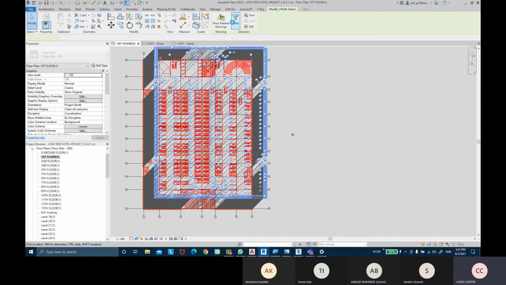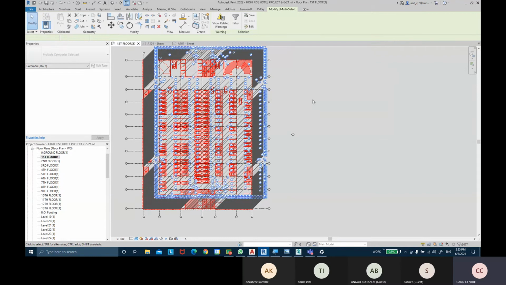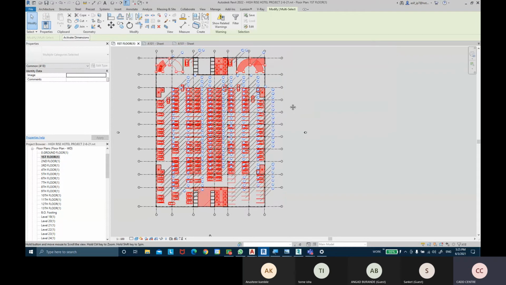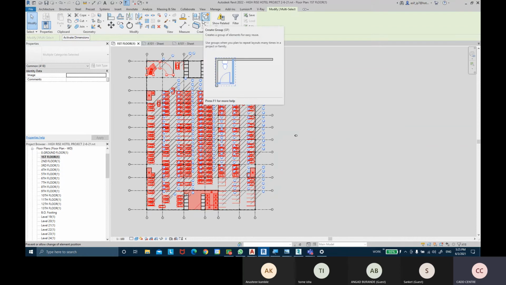Just come into temporary filters and uncheck the curtain walls, curtain wall grids and panels, floor markings, rules and structural columns. Don't want it, and maybe we want the walls as well. And let's take this many elements. Okay. And I want to apply this on the other floors also. So what I'm going to do is make this a group. So I'm going to click on create group,